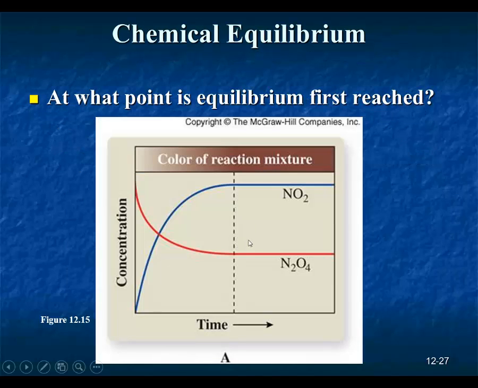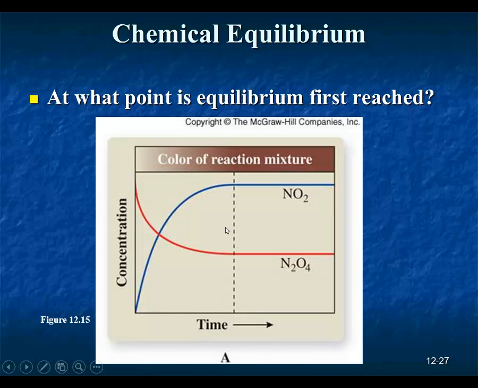So let's say we're starting with the dinitrogen tetroxide, and it's the only reactant to begin with. So this graph shows concentration on the left-hand side here on the y-axis, and then I have that graph versus time as we proceed towards equilibrium. We'll notice we begin with just dinitrogen tetroxide, and we don't have any nitrogen dioxide at the very beginning. Now as the concentration of the dinitrogen tetroxide drops, the rate of the reaction will be decreasing because that concentration is decreasing. But as we're forming product, the nitrogen dioxide, the rate of the reverse reaction begins to increase,